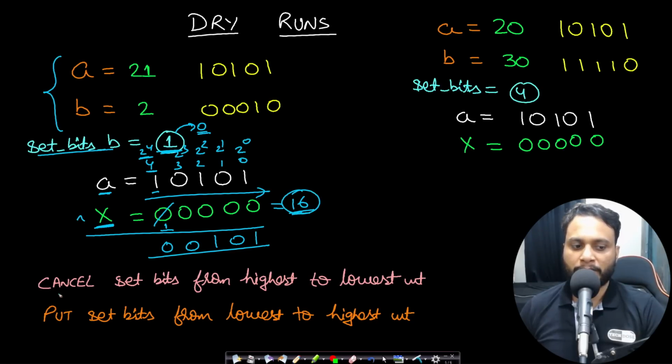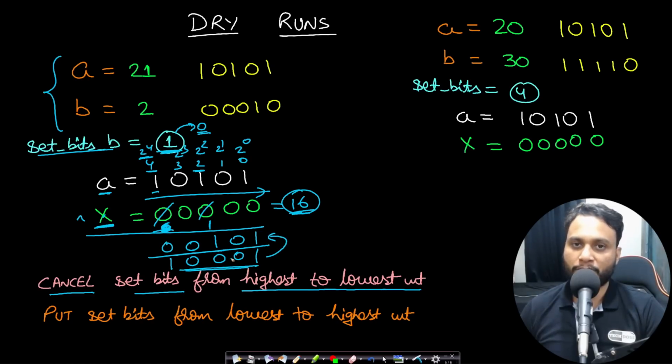Therefore, we will be cancelling the set bits from the highest to the lowest weight. We cannot place at any other position if you had not placed at this position. And let's say if you had placed at this index 2, then what will be the X XOR A value? It will be equal to 1, 0, 0, 0, 1. So you know that this 1, 0, 0, 0, 1 is greater than this 0, 0, 1, 0, 1, right? So that is why I cannot place at any random index. I have to place it moving from highest to the lowest weight, and I need to cancel the set bits,